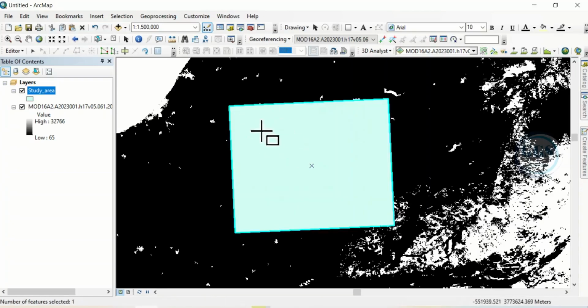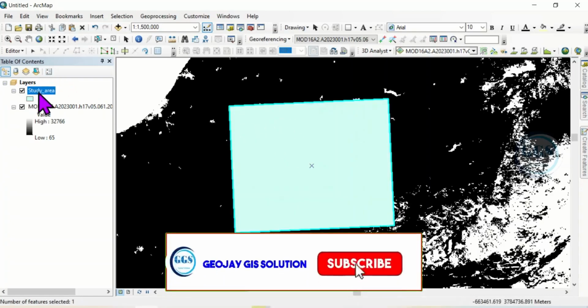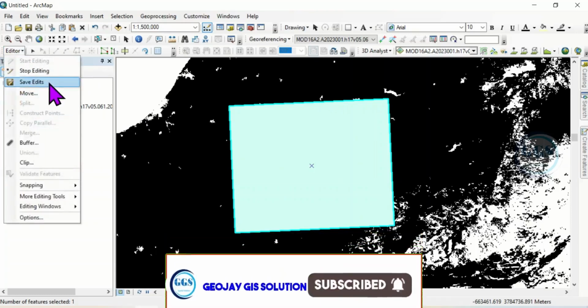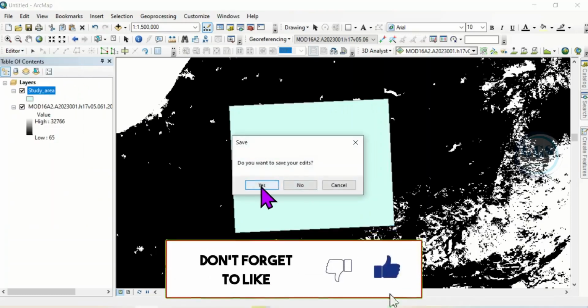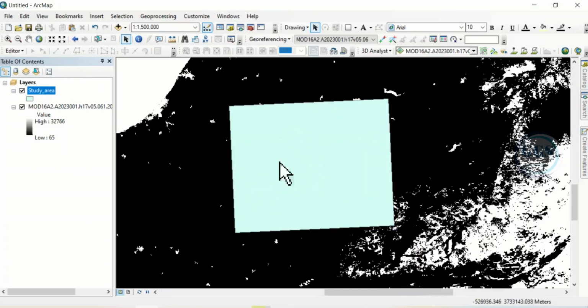So let's assume this is my study area. Then I'll come back here and stop editing and click on yes to save the edit. Now here is my study area. What I need to do is to clip out this study area, and to do that, come to Arc Toolbox,